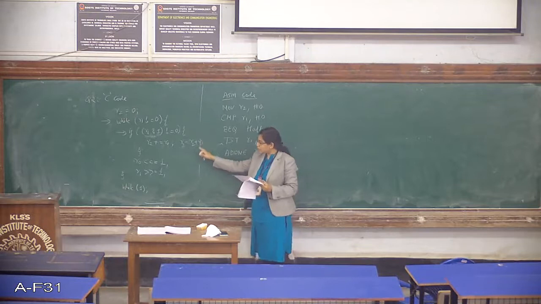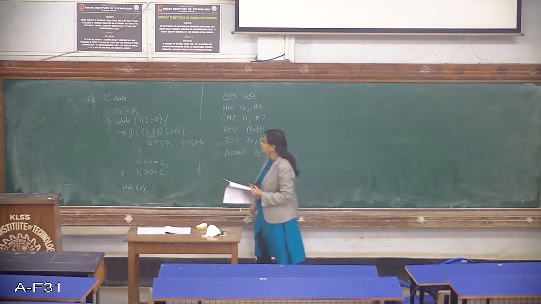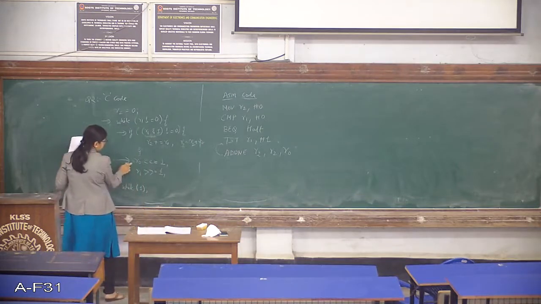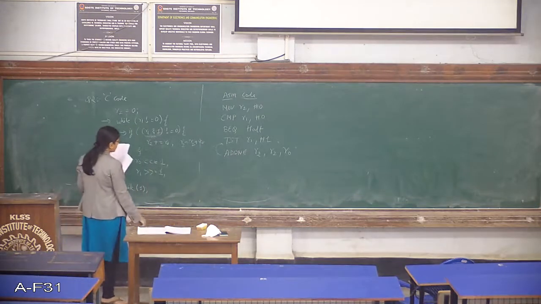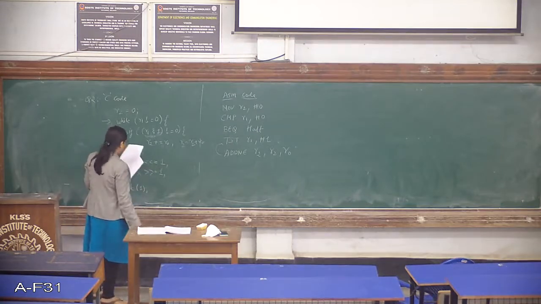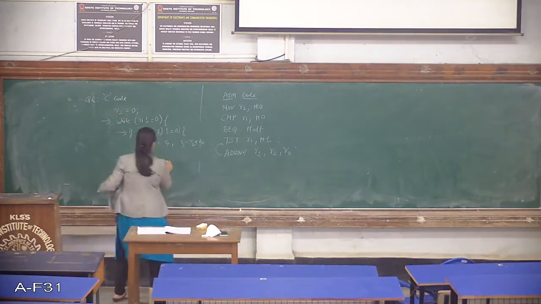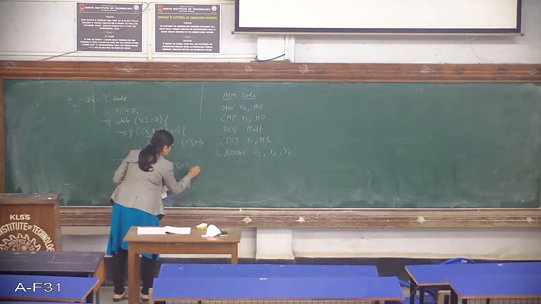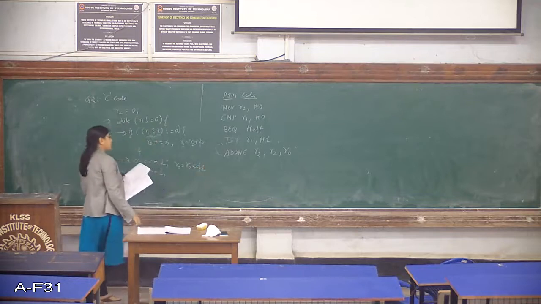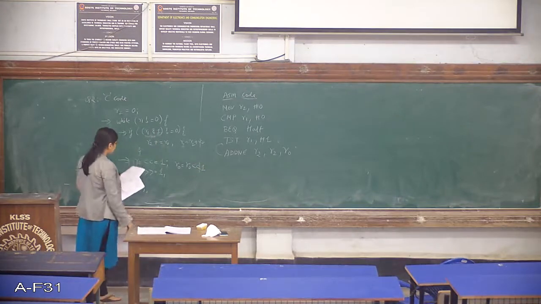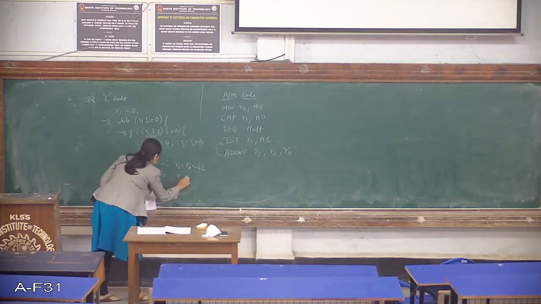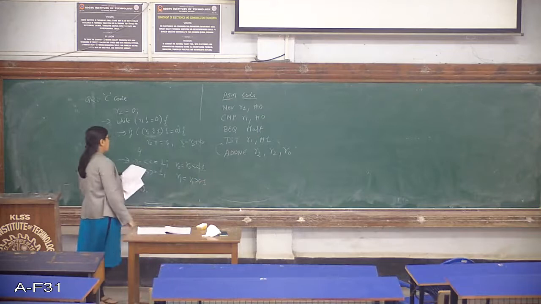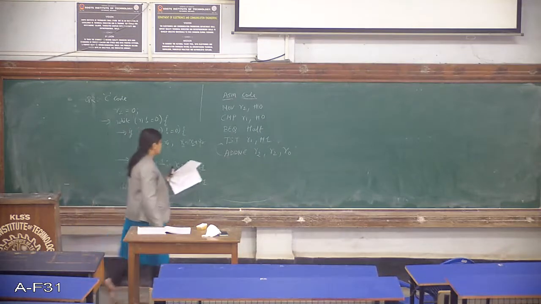Once we are done with the if statement, what is the next statement coming? Once we are done with this, the compiler comes to the next statement. What is the next statement? R0 left shift equals by 1. So what is this exactly? This instruction is nothing but R0 is equal to R0 left shifted by 1. Similarly, this is nothing but R1 is equal to R1 right shifted by 1. So this is how we elaborate it. So these are the two instructions.